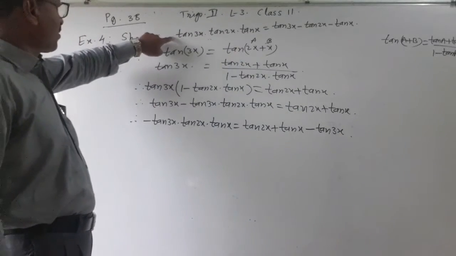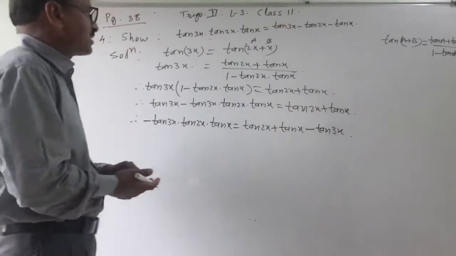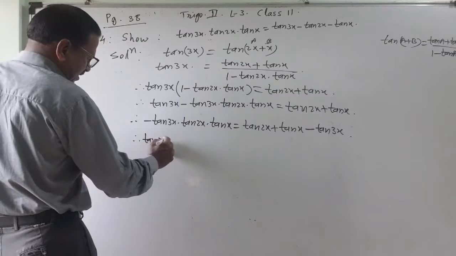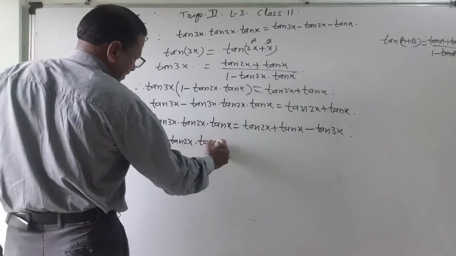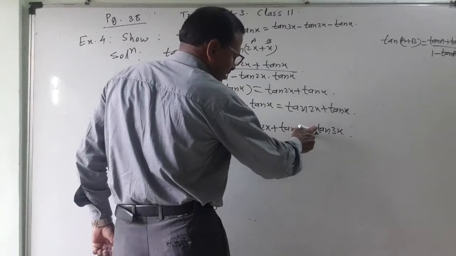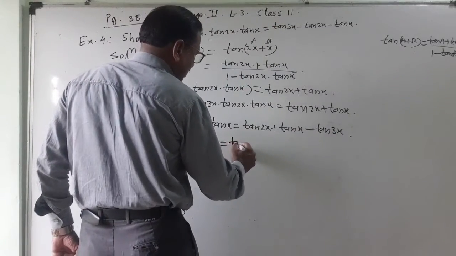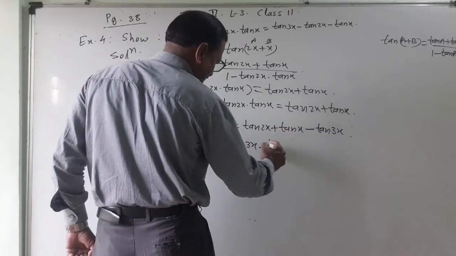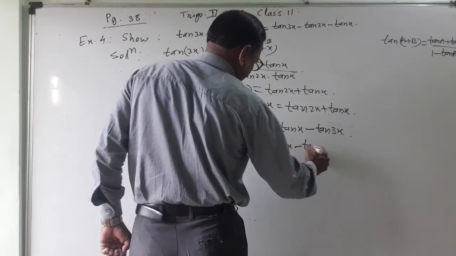But here I don't want minus, so I will remove this minus, means throughout I will change the signs. Therefore, changing the signs, tan of 3x into tan of 2x into tan of x is equal to, now change the sign, this will become minus, this will become minus and this will become plus. And we will arrange the terms, tan 3x I will write first. So tan 3x, this minus has become plus, this will become minus tan 2x, this will become minus tan of x.